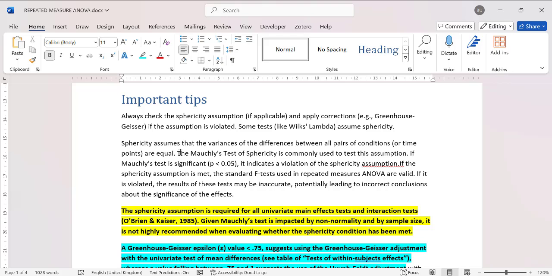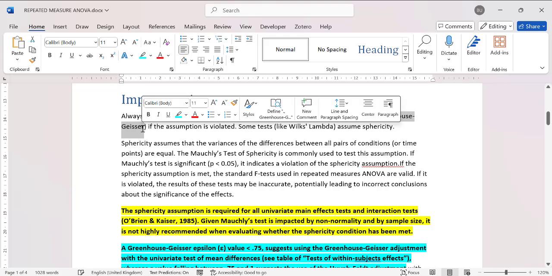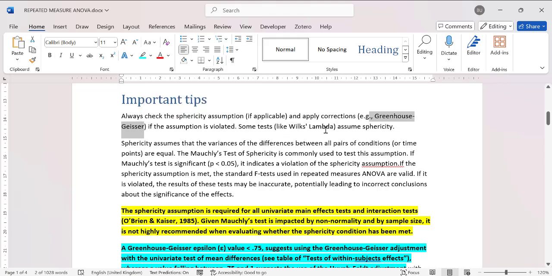In that case, you're going to use another test called the Greenhouse-Geisser test. So you need to use the Greenhouse-Geisser effect. When we get into the practicals,